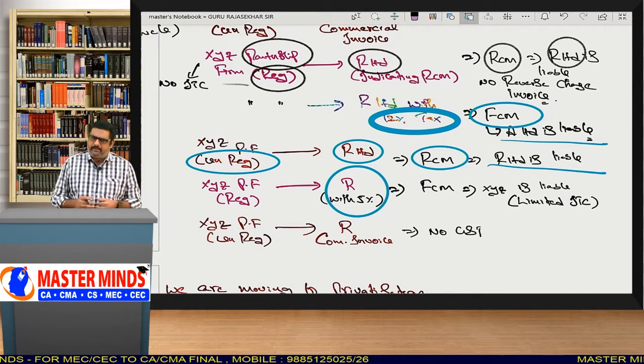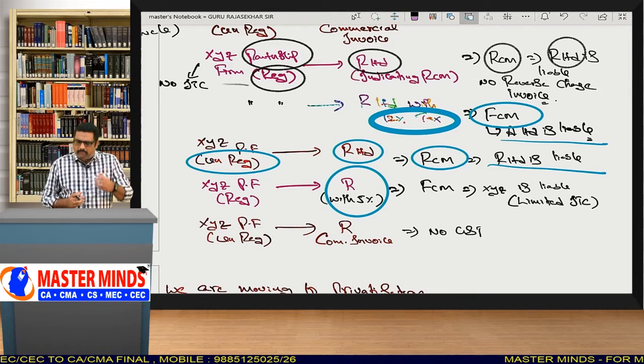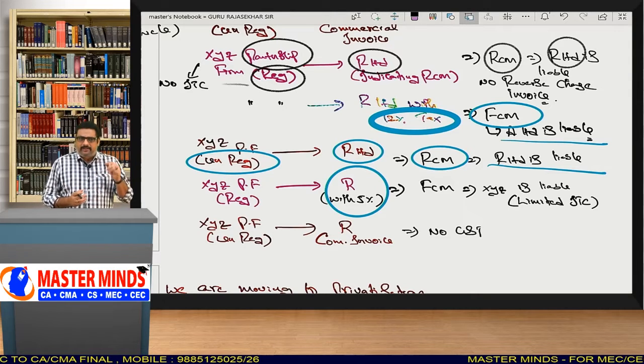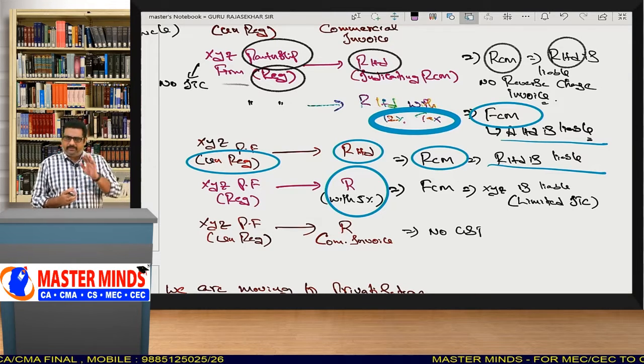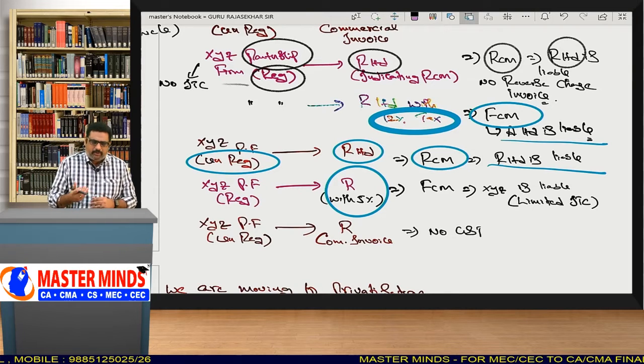Sir, in this particular case, FCM applicable or RCM applicable? FCM. Sir, what is the reason, sir? Supplier is a person other than body corporate. That is okay. But recipient should be a body corporate. Then only